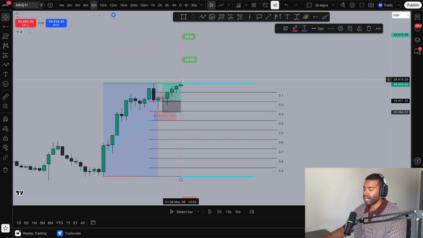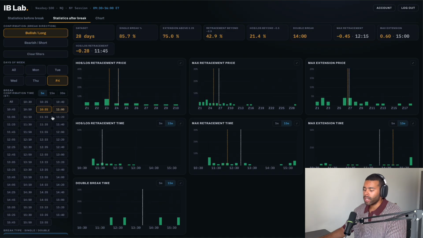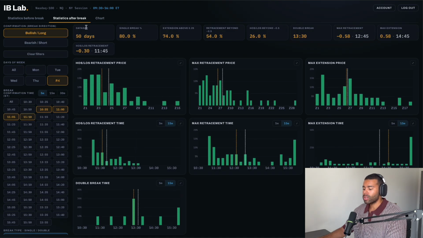the data after breakout. So in this scenario, we confirmed or broke out at 10:55, which means I'll go to IB Lab and I will select 10:55, 11, 11:05, and 11:10 because I want to see at least 50 data sets whenever I'm filtering breakout times. So when I have 50 data sets, I'm happy with that,